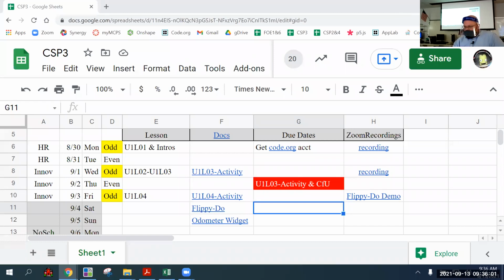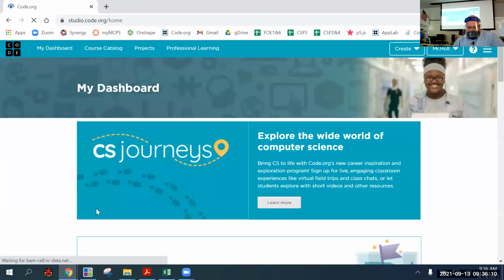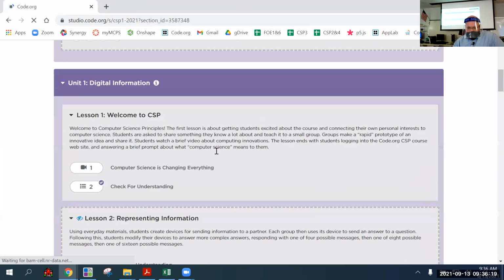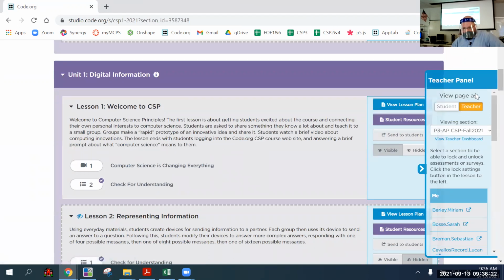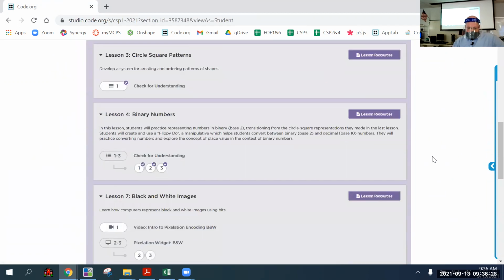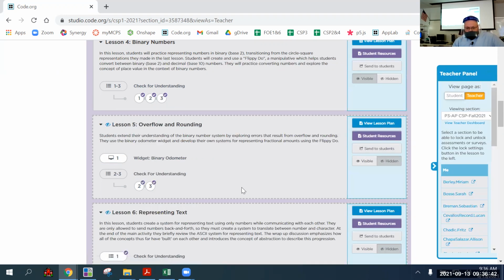Okay, so today we are going to go to Code.org. Hang on for a second, and go to the lesson, which is going to be Unit 1, lesson 7. I think we've said this before, but if you get to the page and it goes lesson 1, 3, 4, 7, that means 5 and 6 are not part of the assignment. And even though, if you want, I can allow access to those, the resources for them,